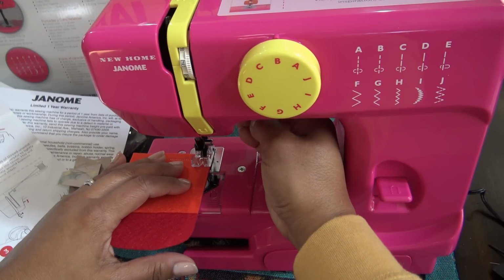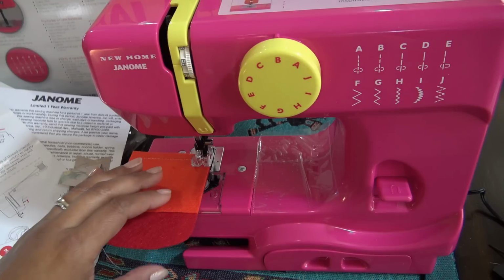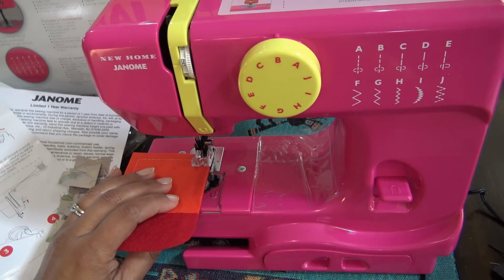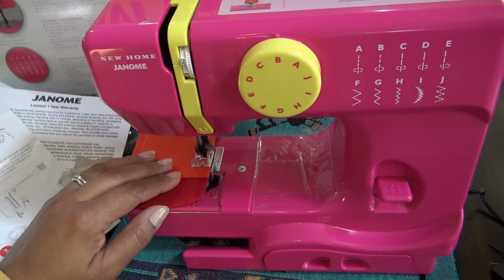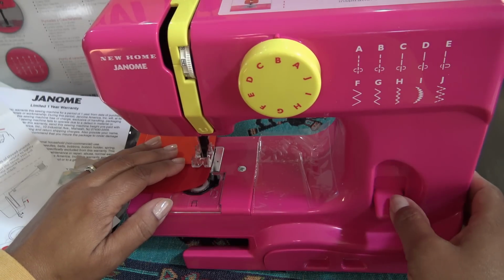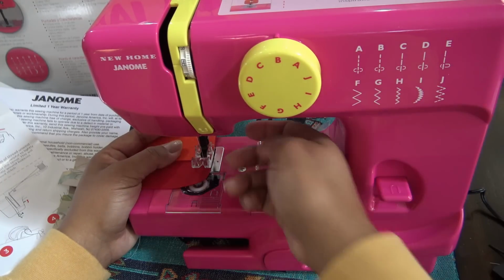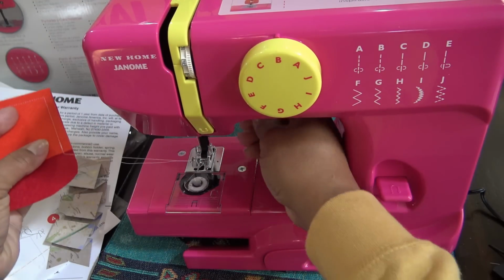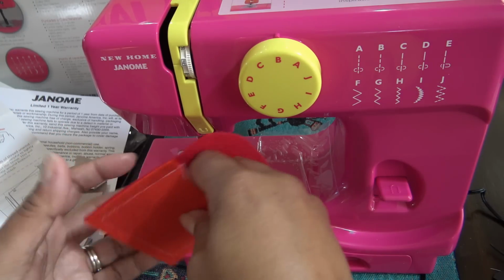If you don't bring down your needle, your project will just be floating, and then when you go to turn it, it's just going to turn somewhere weird. So I always put my needle back down and then go back up the edge until I get right to the beginning again. And it's just a little pouch that we just made. Reverse, go back forward, and it's pretty much at the highest level right now. I'm just gonna lift up the presser foot, release everything, and now we have this little sewn pouch